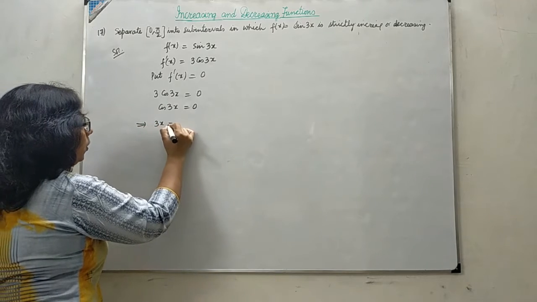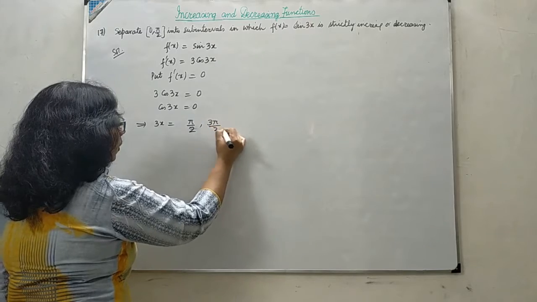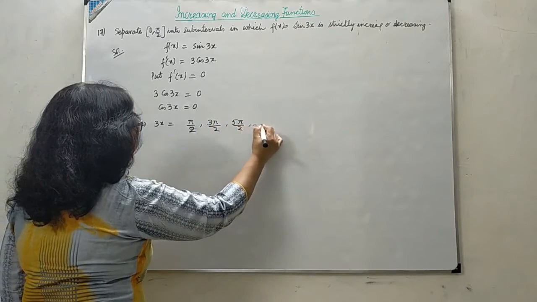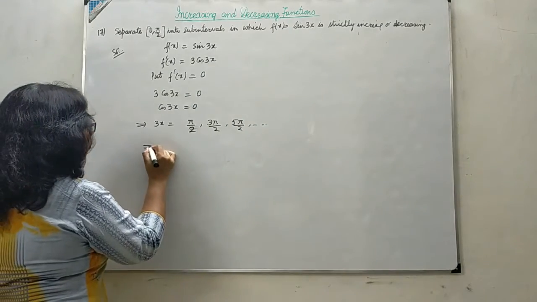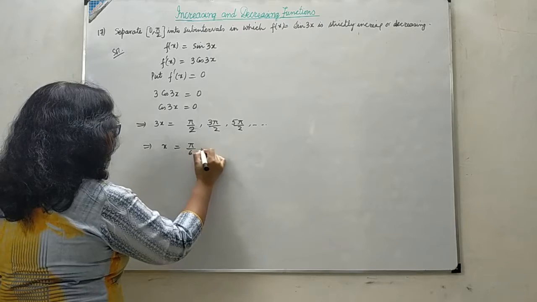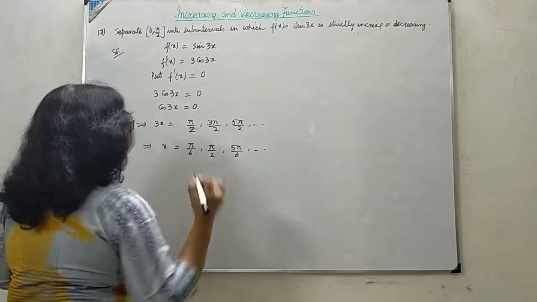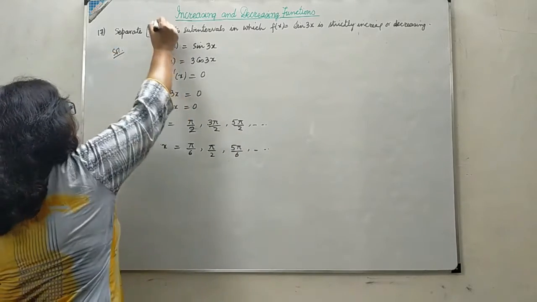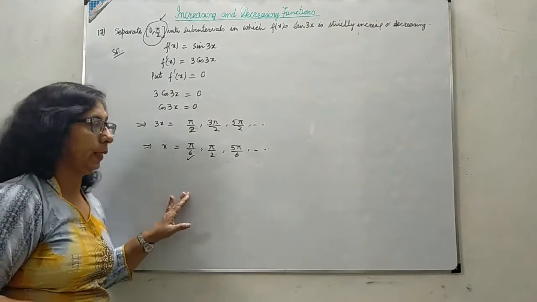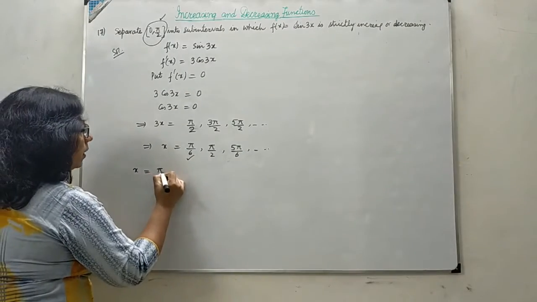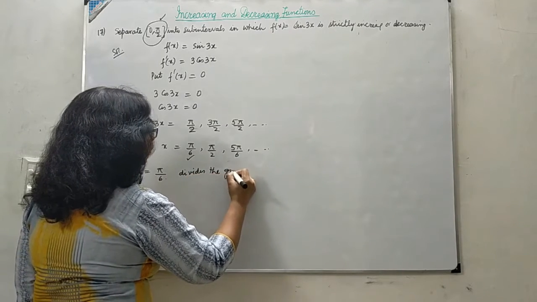That means 3x will be pi by 2, 3 pi by 2, 5 pi by 2, etc. Odd multiples of pi by 2, cos is always 0. From here x is coming as pi by 6, pi by 2, 5 pi by 6, etc., dividing by 3. Now in the given interval, we can see only this point comes in the open interval. So x equal to pi by 6 divides the given interval